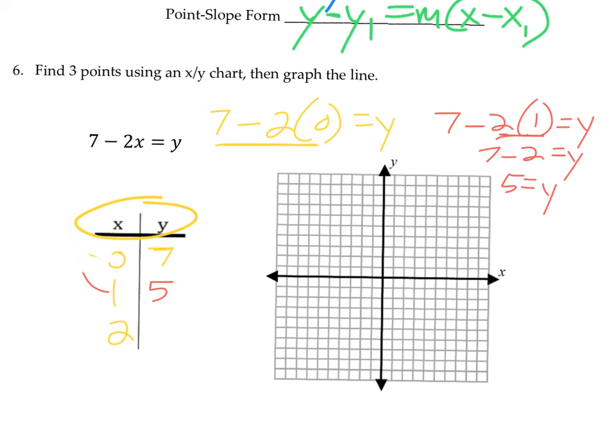And then lastly, see if you can plug in 2. See what you get. Hit pause. See if you get the same thing as me. Minus 2 times 2 equals y. Y is equal to 7 minus 4, which is 3. Plot the points. 0, 7, 1, 5, 2, 3. Your line. Something like